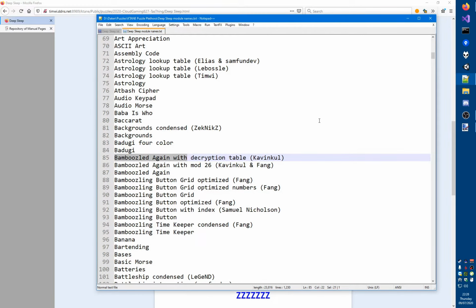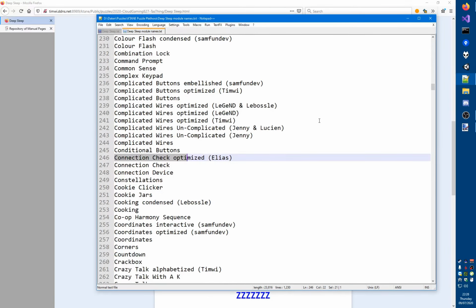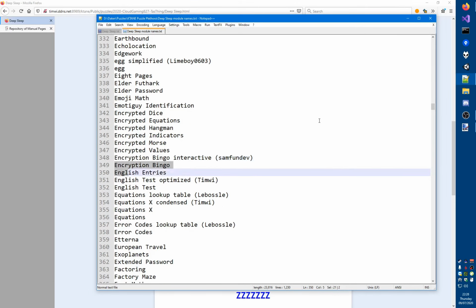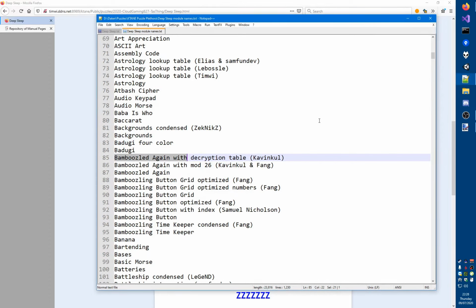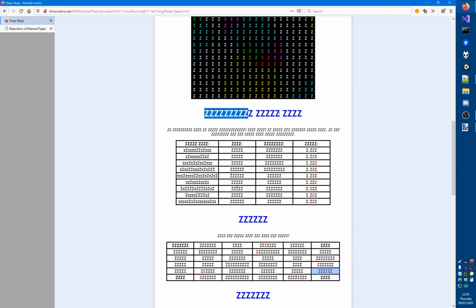Let's see, bamboozle again, okay, yeah, it will only find things that start with this. Okay. That's interesting. Oh my gosh, I just realized that one of these Zs has another thing on it, which now makes me think that maybe this is one of the translated, you know what, no,